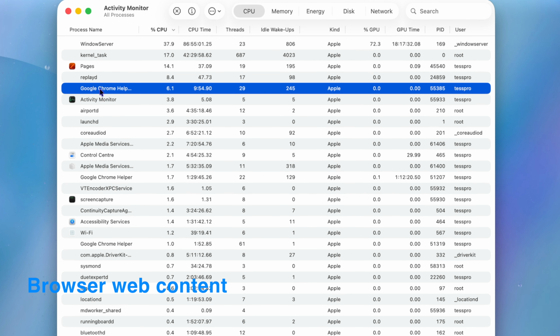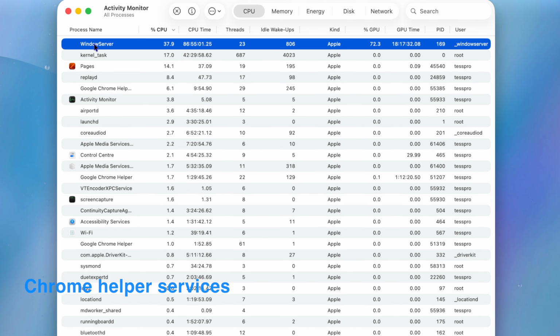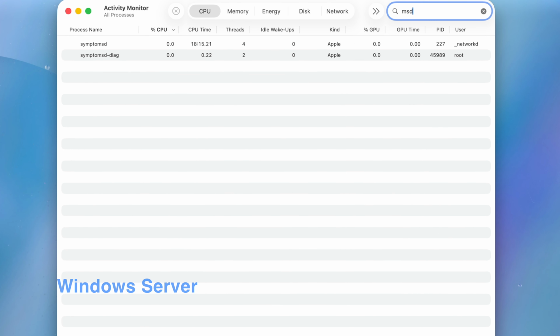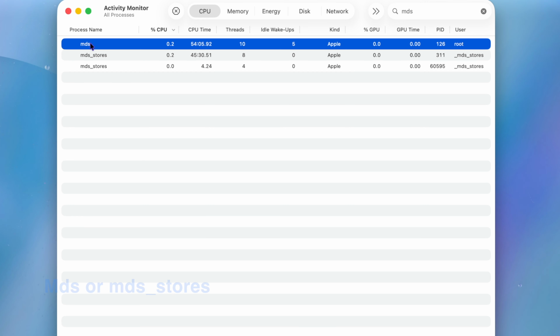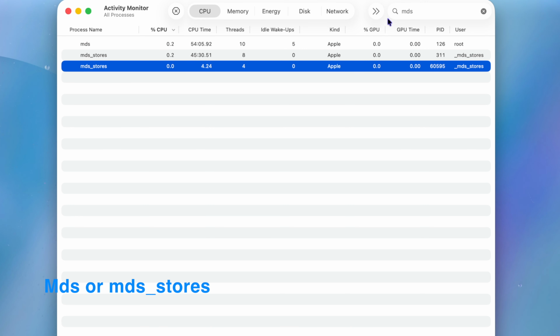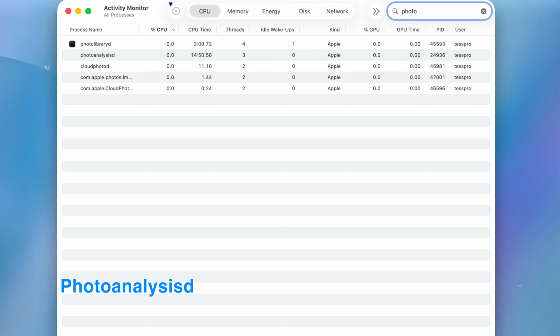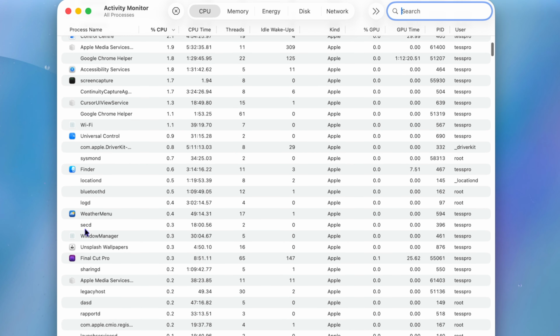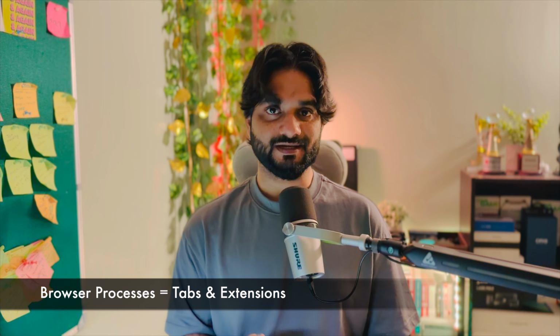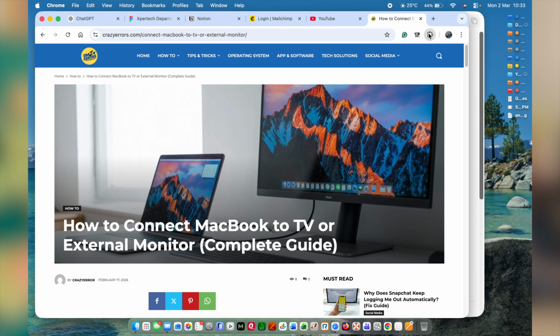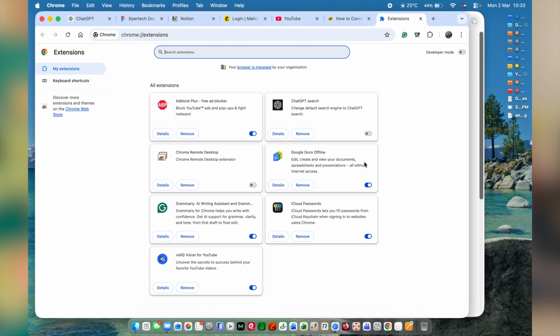Now let me tell you some examples of common processes you're going to find in this Activity Monitor window, like browser web content, Chrome helper services, WindowServer, mds or mds_stores, photoanalysisd, or some third-party app. If it's one of your browser processes that constantly stays high, it's usually multiple tabs or extensions enabled in the